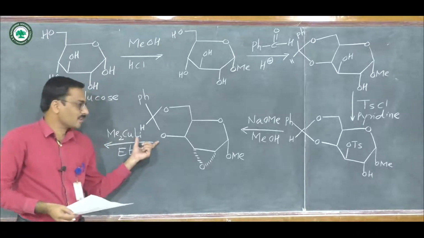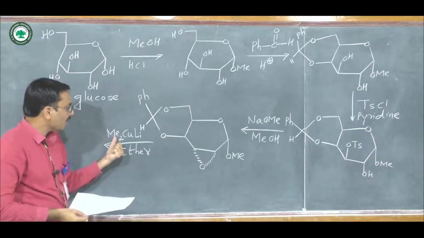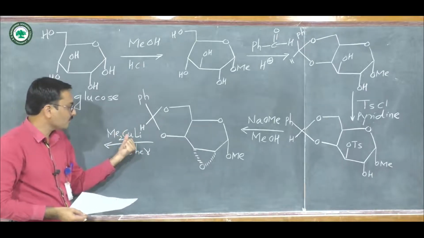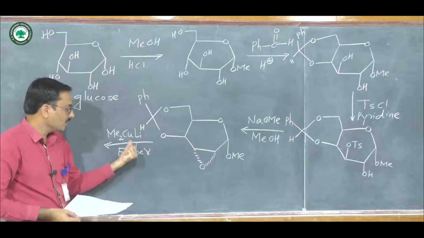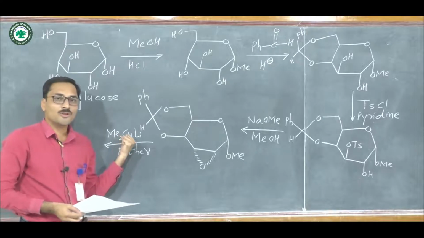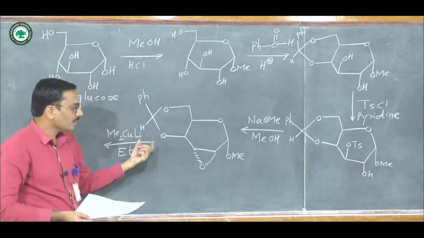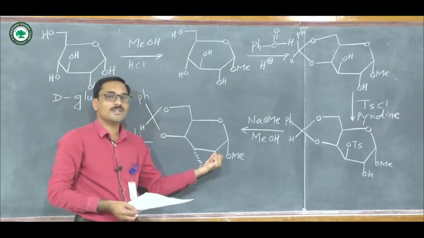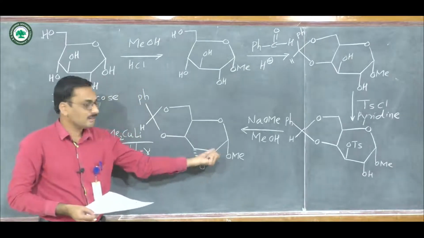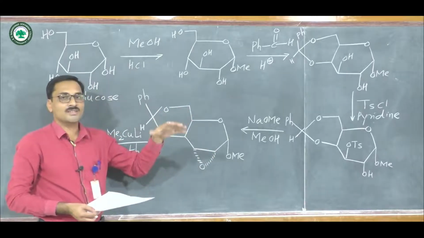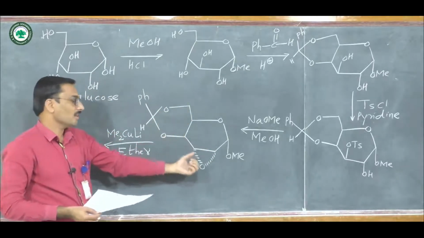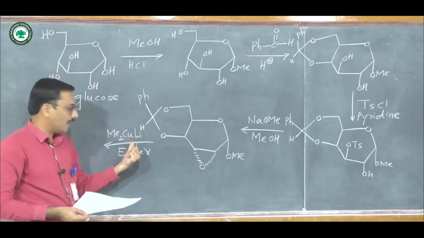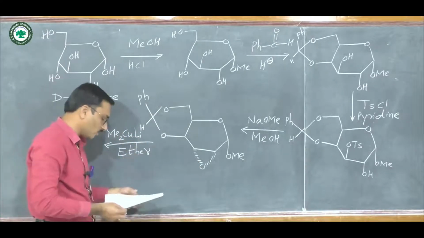Look at this next step. Here we use dimethyl lithium cuprate in presence of ether. So this reagent is nucleophilic in nature. Therefore it undergoes a reaction with epoxide. That carbon atom is electrophilic in nature. That epoxide ring is somewhat unstable. Therefore it undergoes cleavage in presence of dimethyl lithium cuprate reagent in ether solvent.